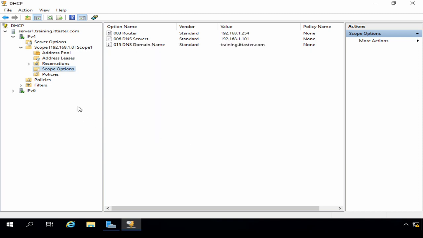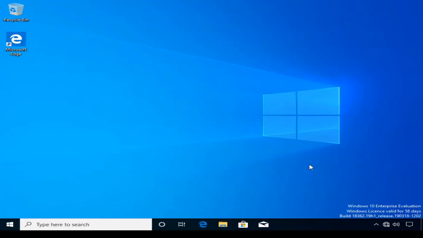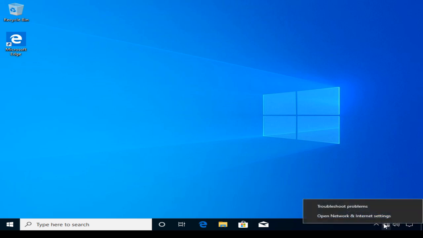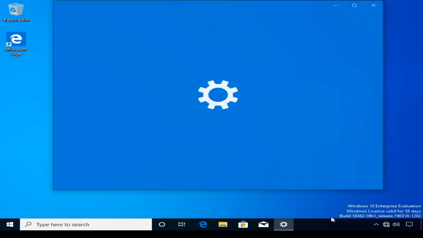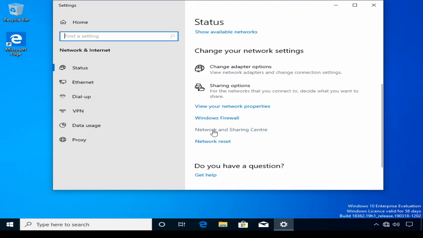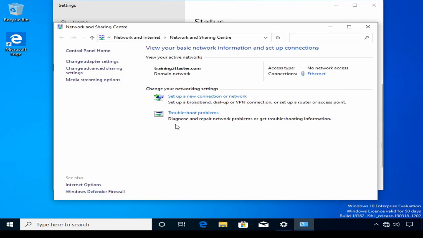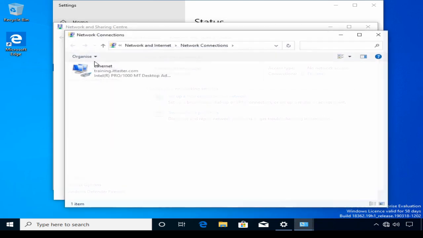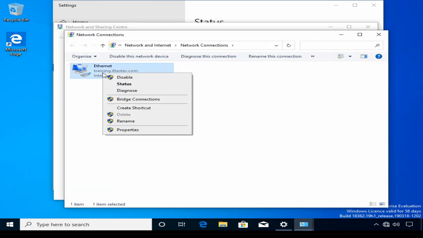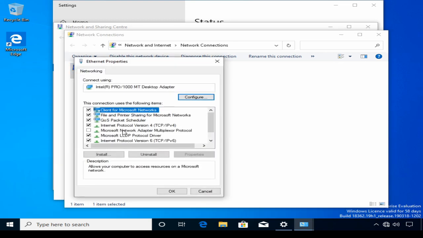So next thing I'm going to do is log on to a Windows client PC so that we can take a look at how DHCP is working on the client itself. I've powered up my Windows 10 workstation in the lab and I've logged into it. Next thing I want to do is check my network adapter settings. I'm going to open Network and Internet Settings, go to my Network and Sharing Center, change adapter settings, right click my Ethernet adapter and choose Properties, and double